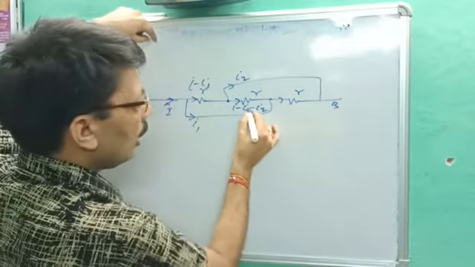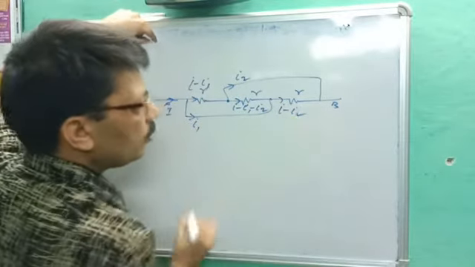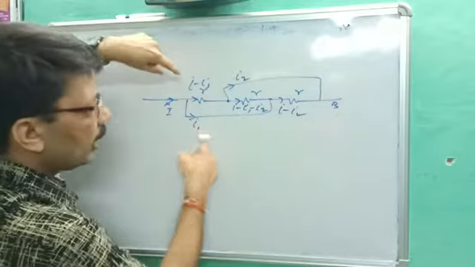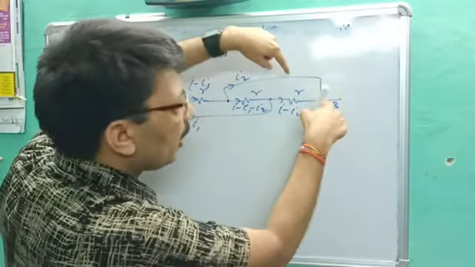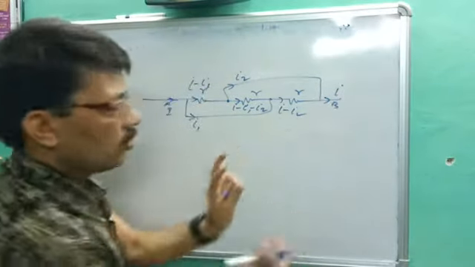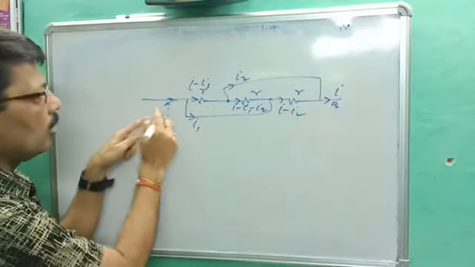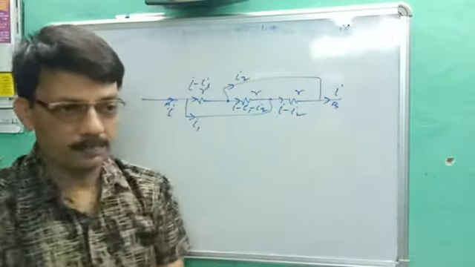So I1 plus and I1 minus will cancel out, and we will get I minus I2. Again I2 will join here, so it will become plus. I2 plus and I2 minus cancel out and we get total current I. We are getting the same current. I current drawn here and we are getting I, which means our distribution is okay.